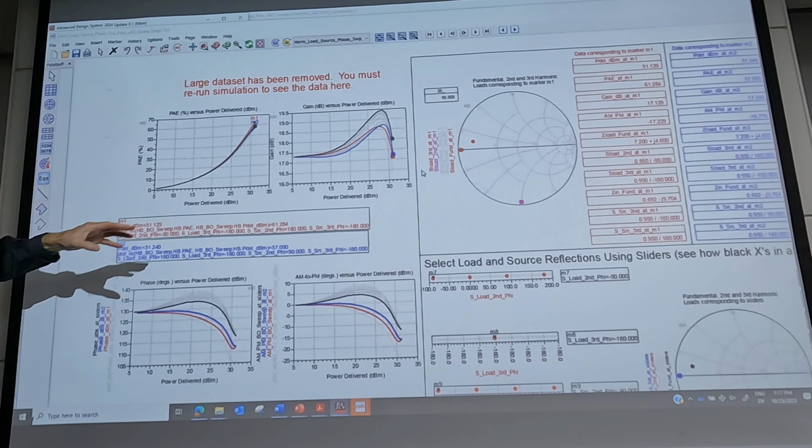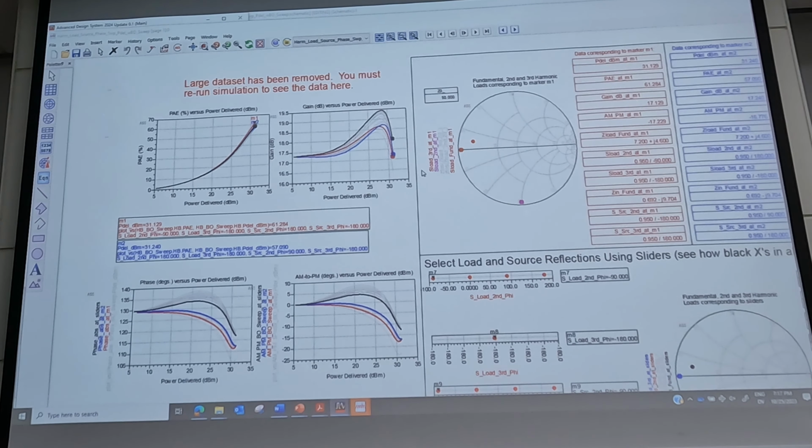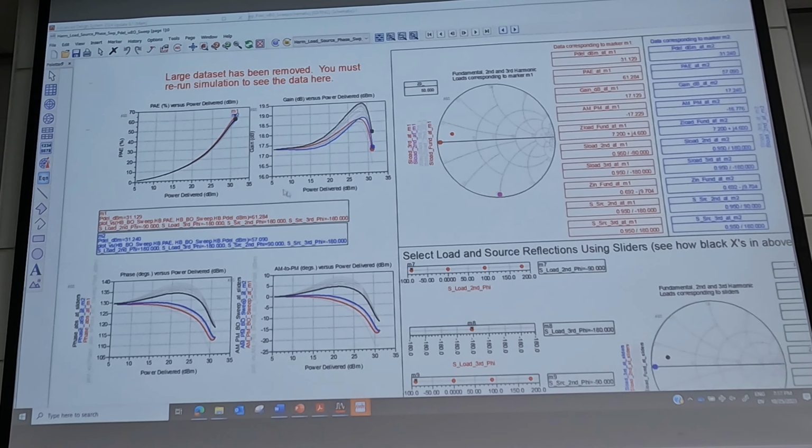So this allows you to investigate how the performance varies as a function of the harmonic reflections.